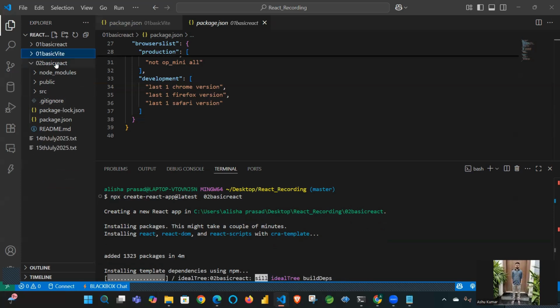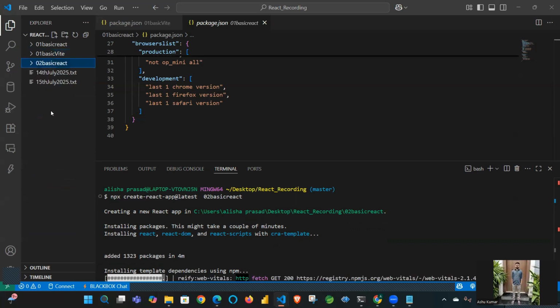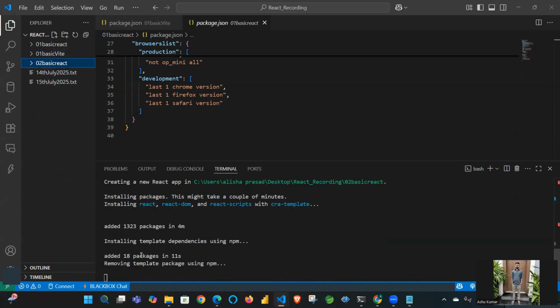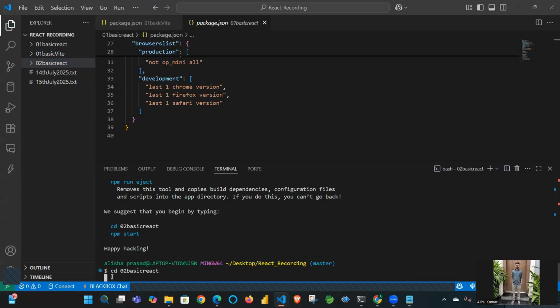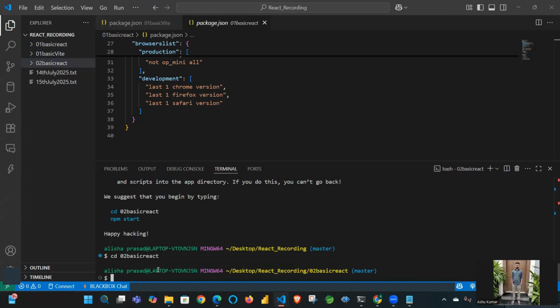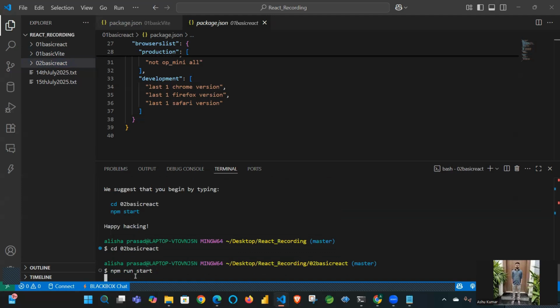So 02 basic React is our project name this time. Yeah, guys, our project is successfully created. Now let's run this project. Before running the project, we have to go inside it. So cd 02 basic React we have to give. And we are inside our project. Here npm run start is the command to start the server of React. So now if I run this code,